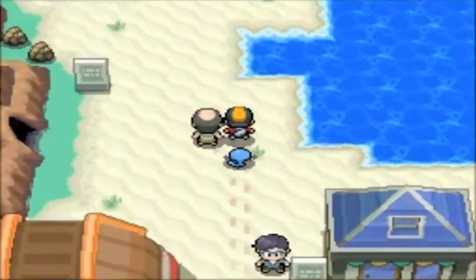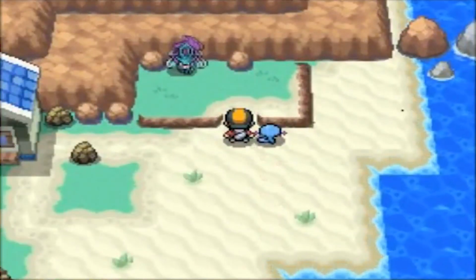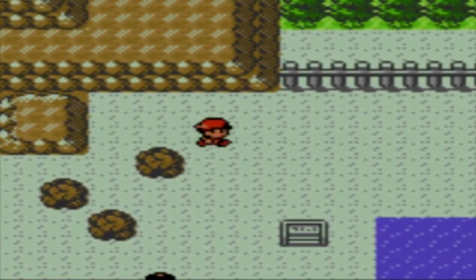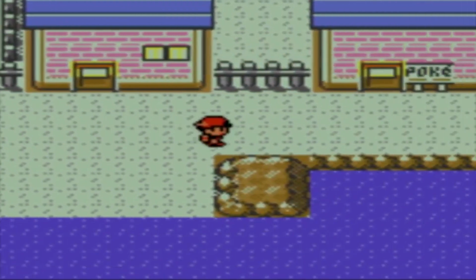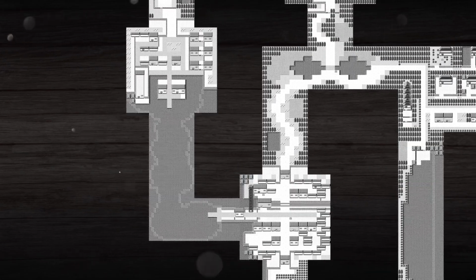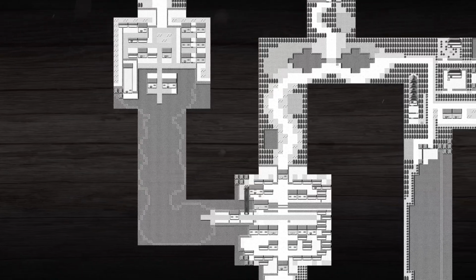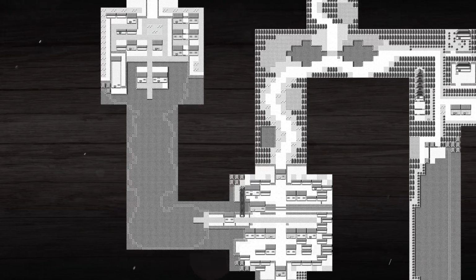going to be in Ecruteak City instead, but also confirms to us that Cianwood City didn't even exist at all originally, as the pharmacy being in Ecruteak can be explained by the fact that Olivine originally connected to Goldenrod City, as mentioned before, instead of Cianwood City. And Cianwood City was nowhere to be found on this early map where this early connection between Olivine and Goldenrod